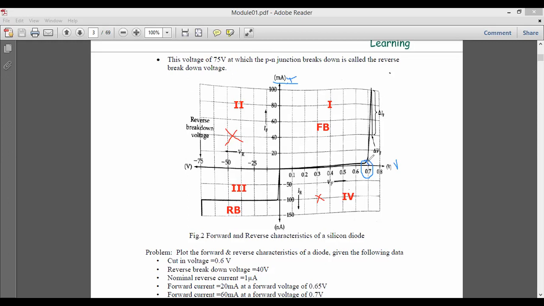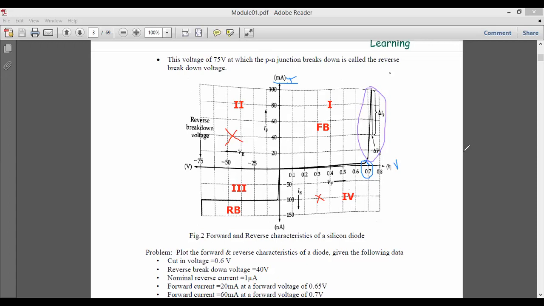At 0.7 we have a very sharp curve, which is the increase in the value of current. So quadrant number 1 and quadrant number 3,